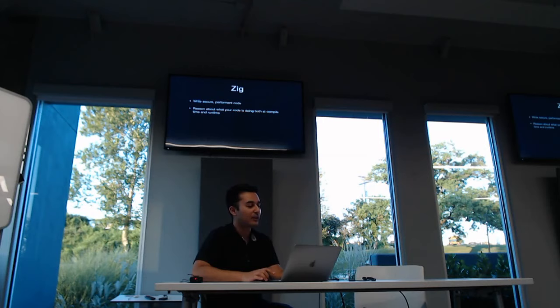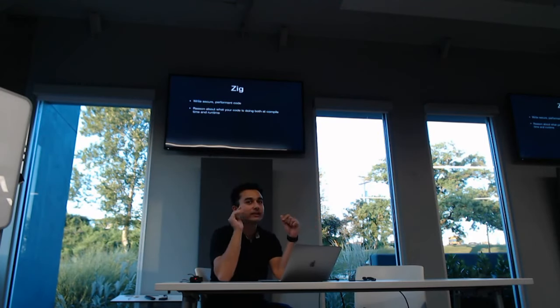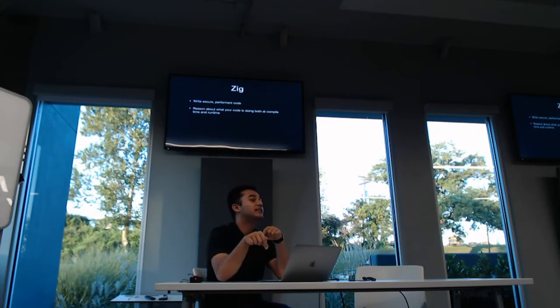But what I mean by this is there are no hidden control flows, right? So you can look at the code that you see in front of you, and you will know what it's doing. It's not going to be certain hacks or something like that. If it's a wrapping addition, right, you will see a wrapping addition there. If it's doing overflow, you will see an overflow there.